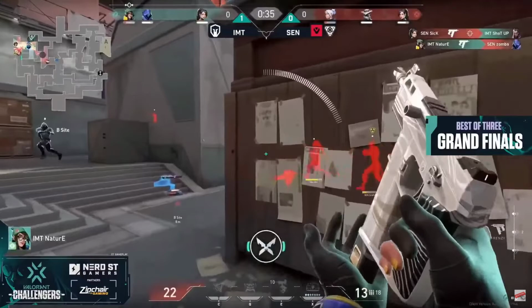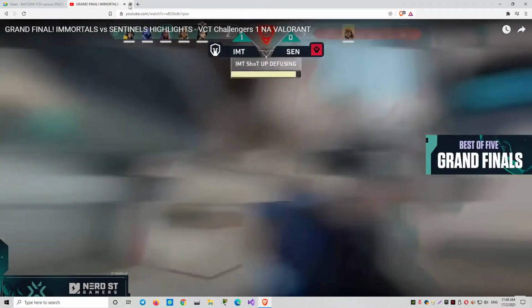Drops in with Empress active, spots out that player immediately there. Shot Up still in position, but Immortals looks like they might close it out here in the first half with a round win they desperately needed. Sinatra is all the way across